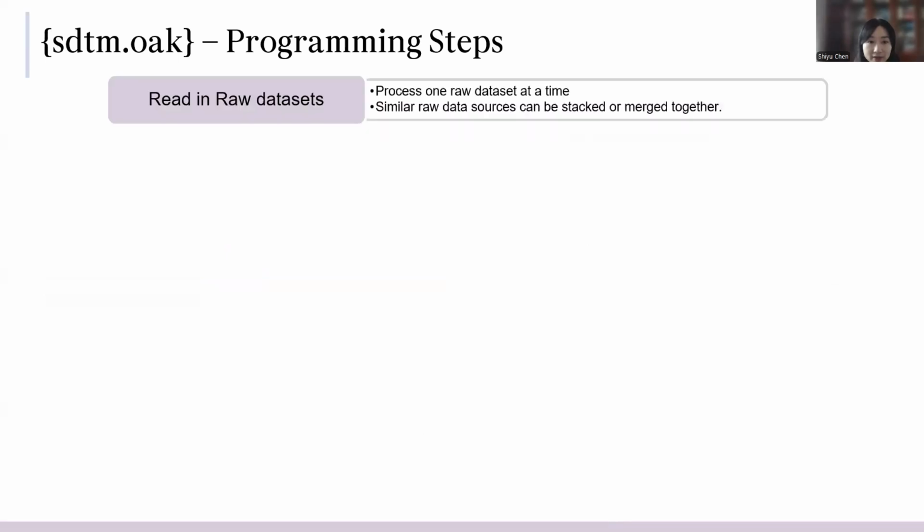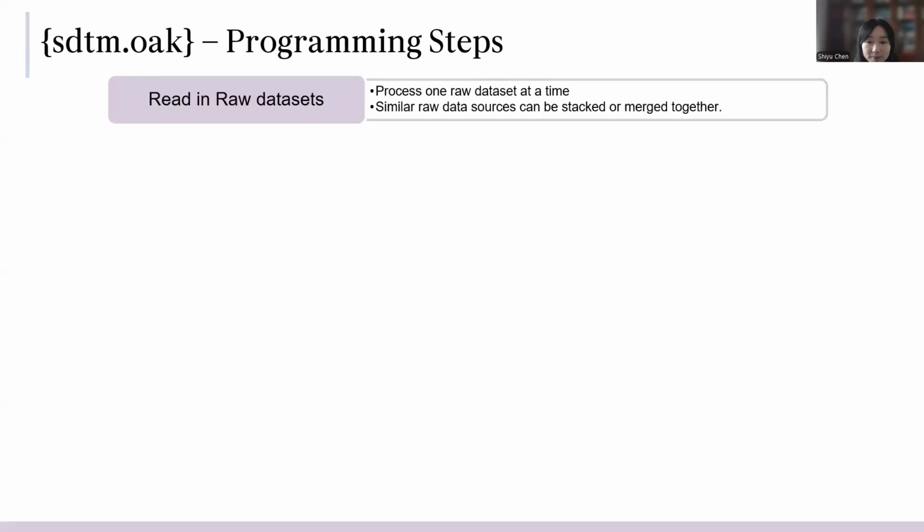Moving on to the details of the programming steps. The first step is to read in the raw datasets. The package processes one raw dataset at a time, and similar raw data sources can be stacked or merged together as a pre-step. So the raw datasets need to be processed before being used in sdtm.oak. For example, if you have one form for vital signs in screening and another form for treatment phase, even though they were collected on two different eCRFs, they actually share similar information, so you can choose to either stack them